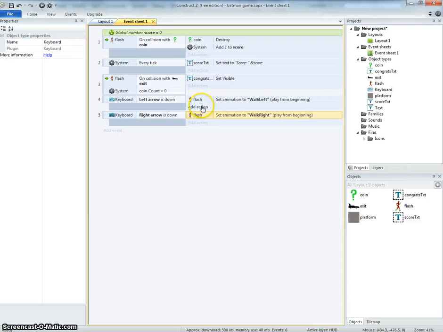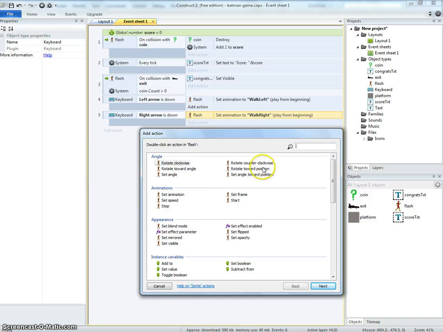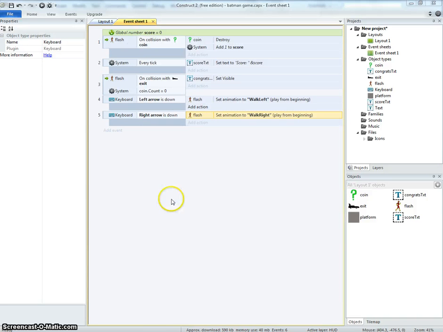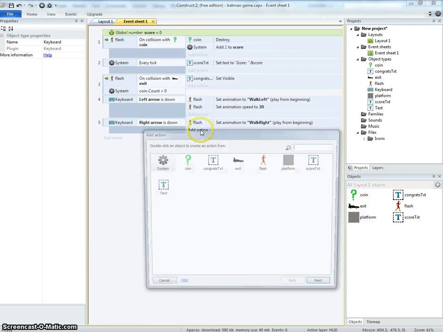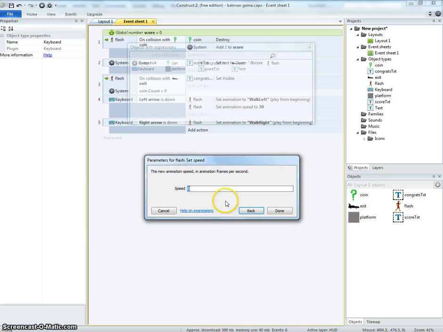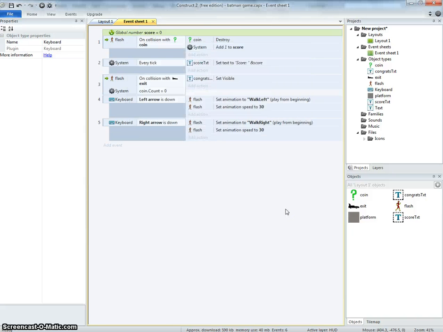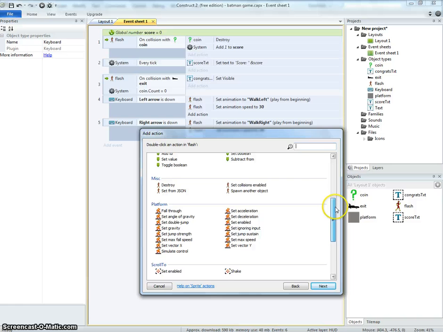So I'm going to add a couple tweaks here. So I'm going to add an action on the left arrow for animation set speed. I'm going to say 30 because my original animation was done at 30 frames per second. So that will make it run at real time. If I want it faster, I can increase the speed of that, make his legs go faster, whatever I want. The other thing I'm going to do is under the